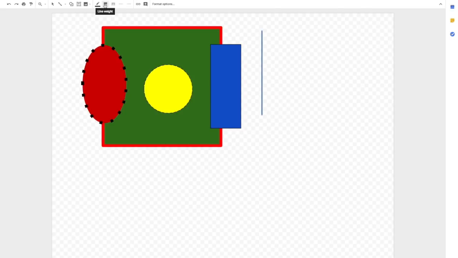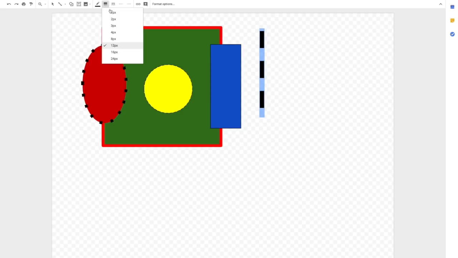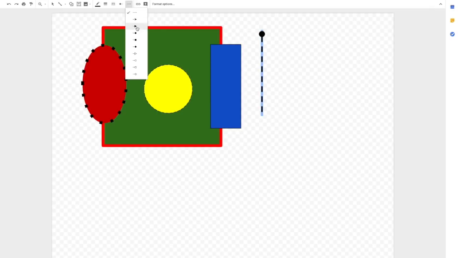Okay, I can make that line bigger. I can make that line dotted, and I can do all kinds of stuff like that. I can even give it an arrow. Actually, I'm going to make that more solid and thinner. I can give it an arrow at one end, and at the other end I can give it a different